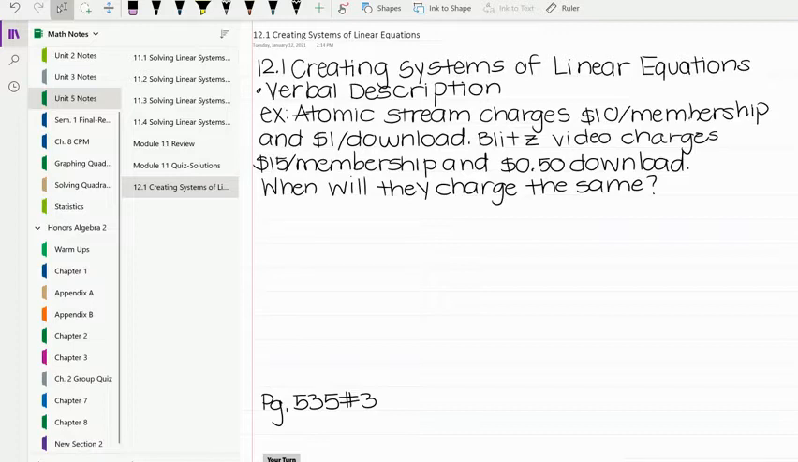It says Atomic Stream charges $10 per membership and $1 per download. And Blitz Video charges $15 per membership and 50 cents per download. So we want to know, when will they cost the same? Our first step would be to create equations. So for A, Atomic Stream, we would have y equals, and since it's $10 for the membership,